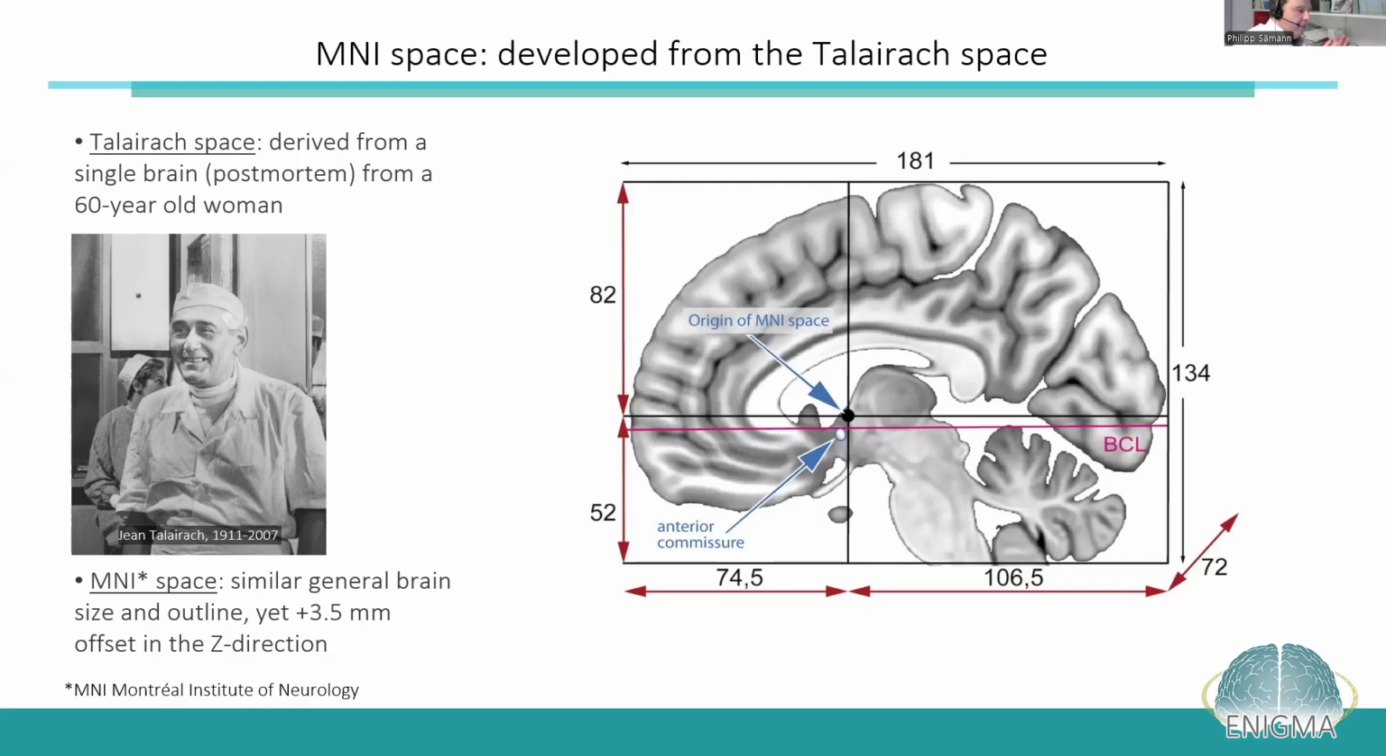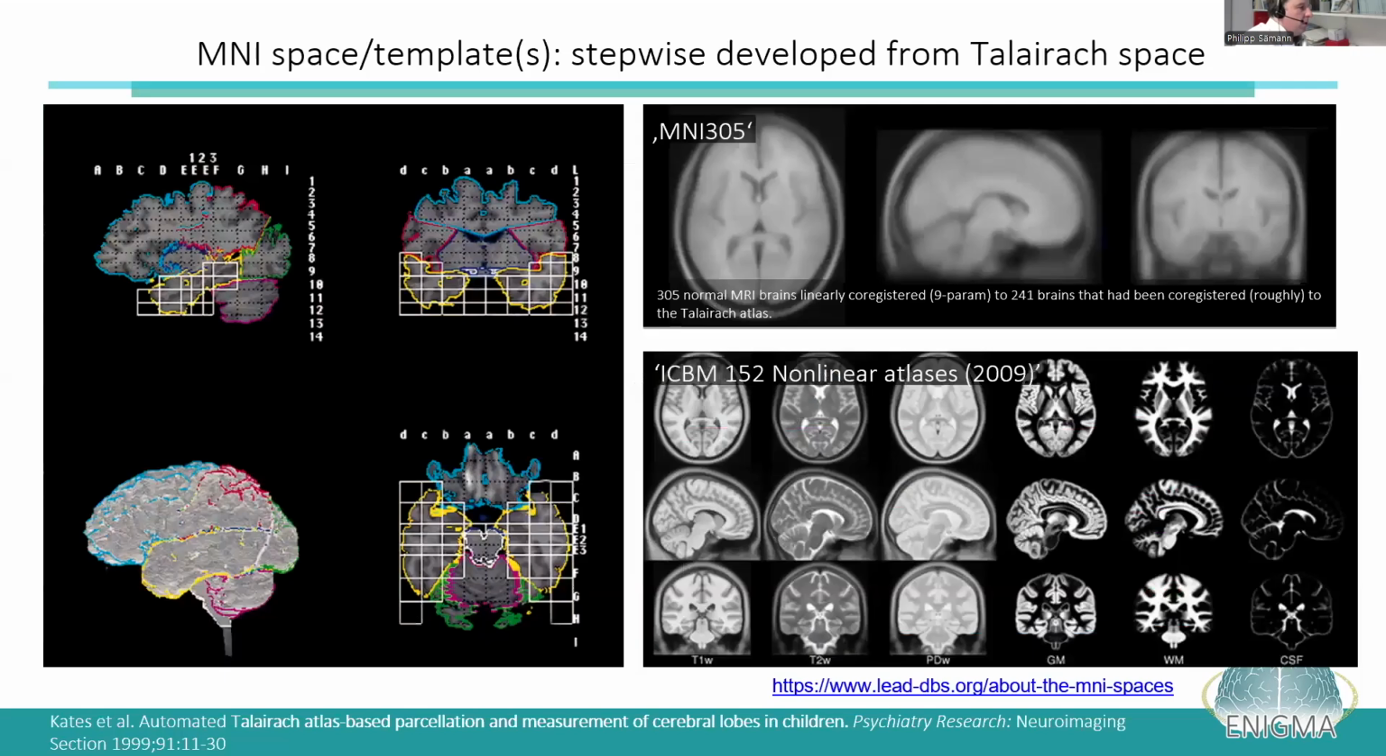And from this original Talairach space, the Montreal Neurological Institute spaces have been developed in a stepwise way. On the left side, you can see such a measurement grid in Talairach space that can be used for simple morphometric operations, like counting how much volume of these voxels are covered by, for example, the temporal lobe, which in the end gives you first